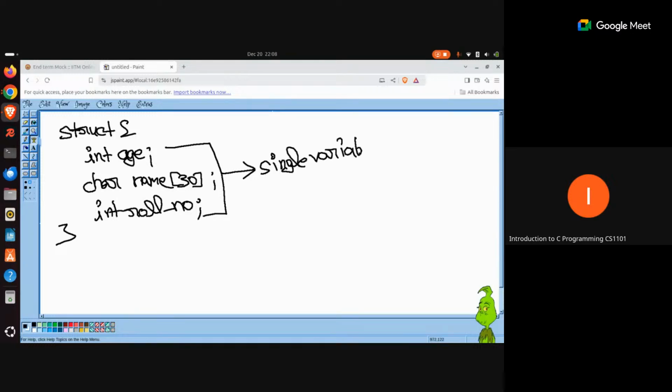A single variable. And how is it different from an array? Because you would say that, of course, I can do the same thing with an array. In an array, I was holding multiple values in a single name. The same thing is happening here. I am holding multiple values in a single name. But what is different here? Can someone tell? What is different here? Here also you are actually working with multiple values in a single variable. But what has changed in comparison to arrays?